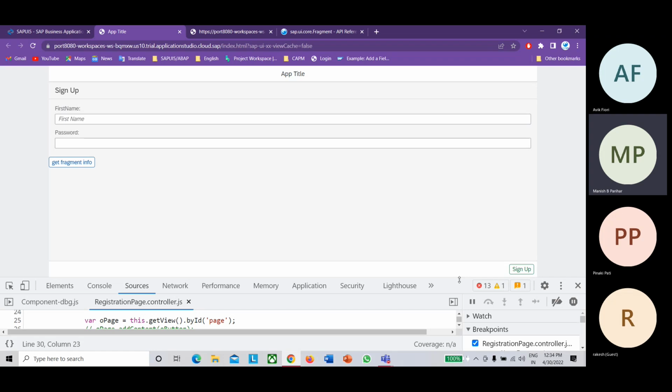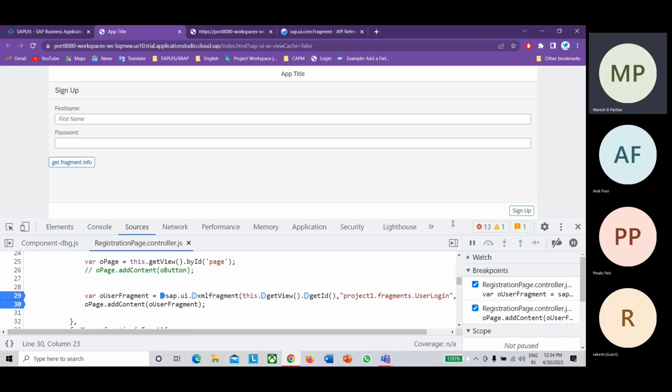But if we have a requirement that I want to see the first name and the last name, or let's take this example, first name and the password beside each other, and the fragment info below, you can do that with the help of the simple form. That would be inside the simple form. But after the simple form, you're adding one more control as a button. So the simple form will be considered as one control, and the button will be considered as another control. So the two are different. And then what VBox will do is make sure that after the simple form only the button appears, also in the new line.